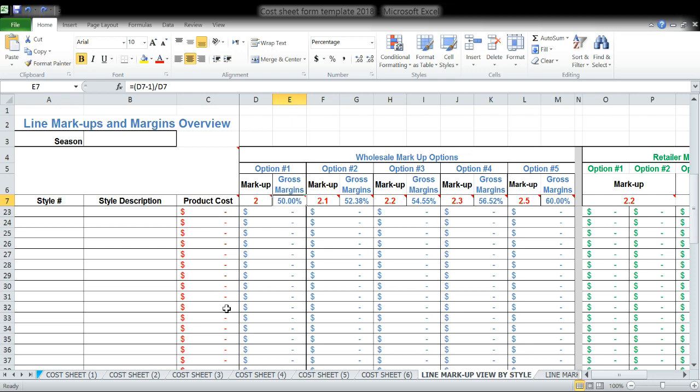Or, for example, if you're producing your product with a factory that gives you a package price, so instead of breaking down by materials and labors and all this stuff, where you don't really need to make an actual cost sheet, you have a final cost for the product. So for example, this dress might cost you $15, all included, materials and labors,